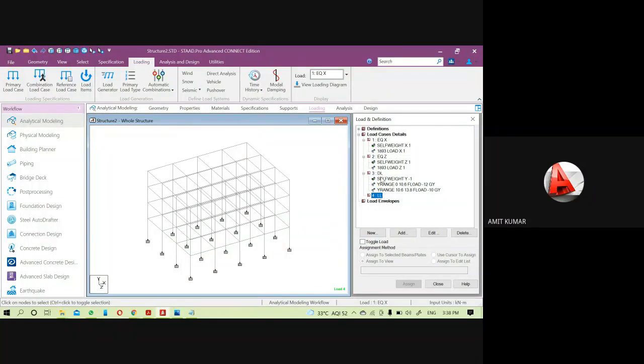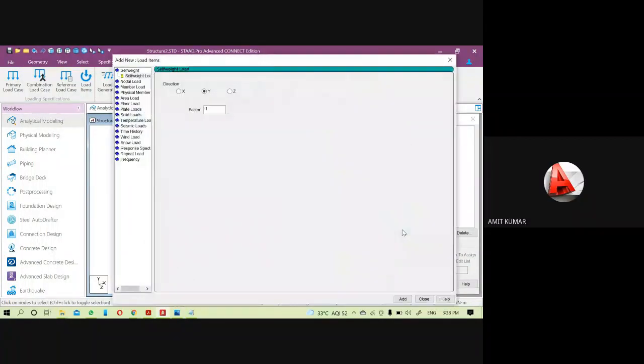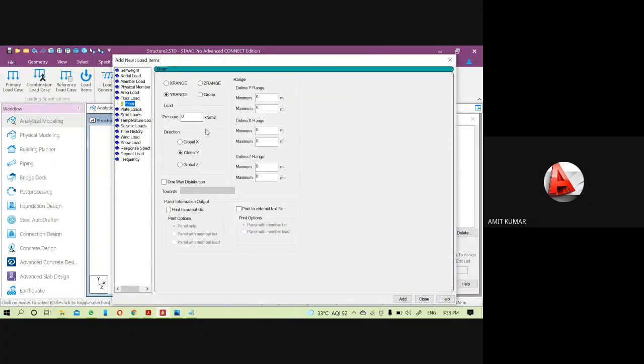Okay, so here, and for the live load, come to the LL, that is the live load, click on the add, and come to the floor load. So first it was 4 kilonewton, put the value -4 from 0 to 10.6, then -1.5 up to the 13.8 meter from 10.6 value. So that is the roof load, live roof load. Okay.